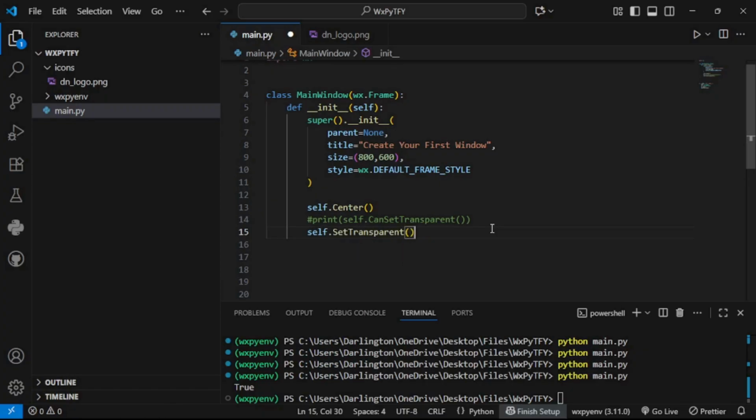Okay, and this should be, let's say this should be 128. This actually ranges from 0 to 255. I think 0 means that the window is very transparent, while 255 means that the window is very opaque. So if you set it at 0, you might not see the window at all. So let's just try that. So if we say this should be, let's not make it 0, let's make it 1. So if I save this and run it,